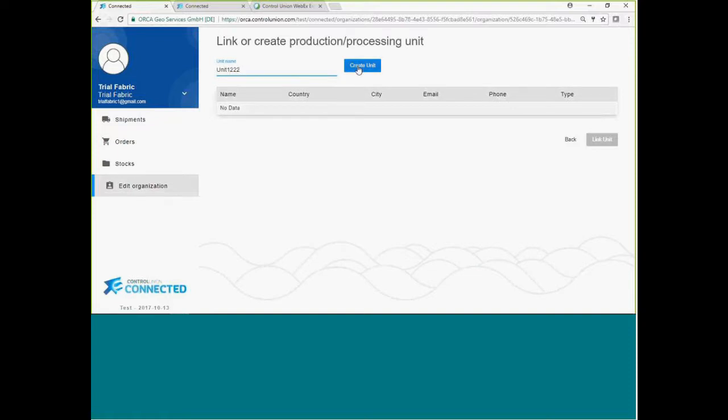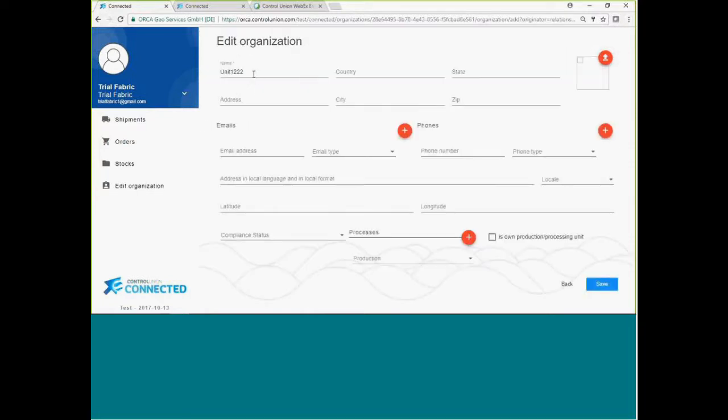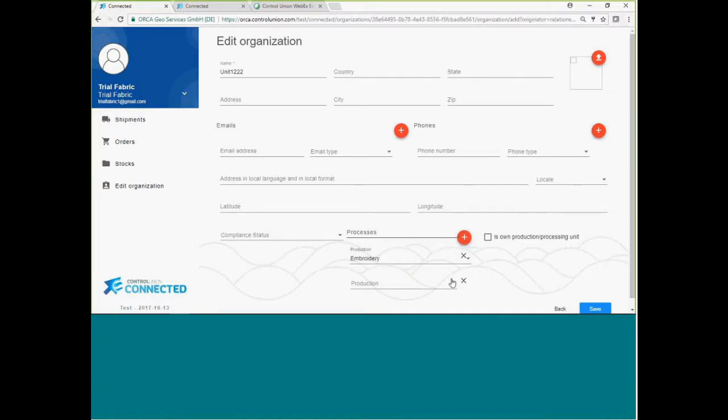you continue with create unit, and here you enter the unit name, address, email address, phone number, and as said before, you are required to enter the latitude and longitude coordinates as well. And you can select the compliance status which is applicable to this specific unit. You can in addition select which kind of processes are undertaken under the unit, so you can select if it's embroidery, you can select multiple processes,